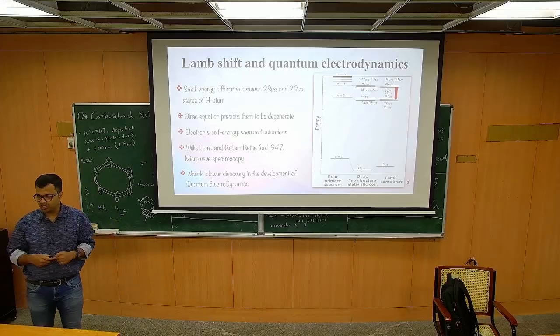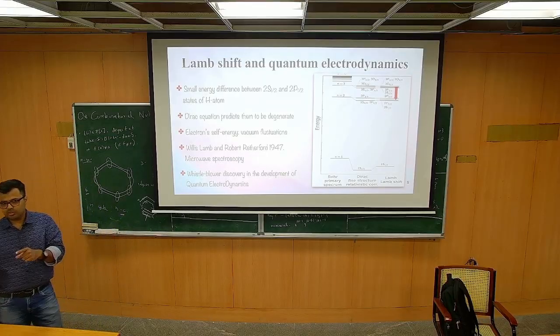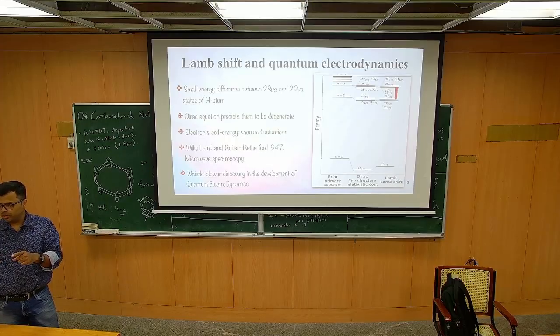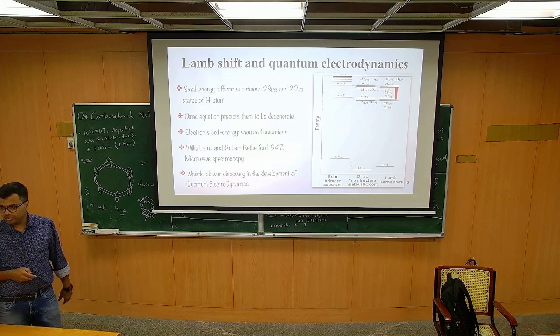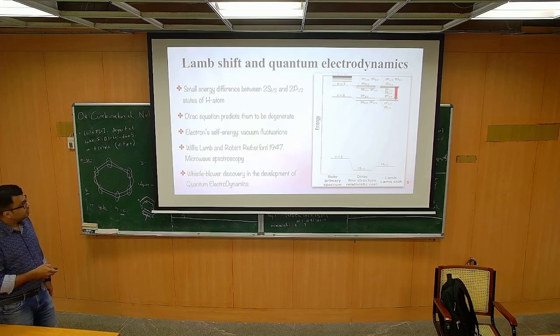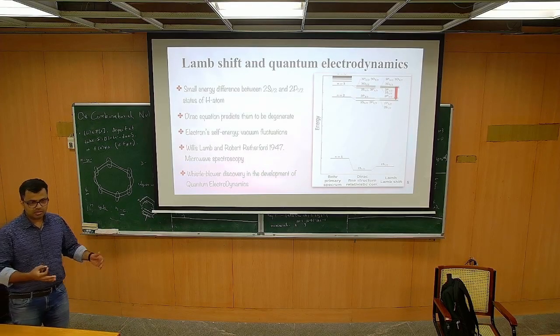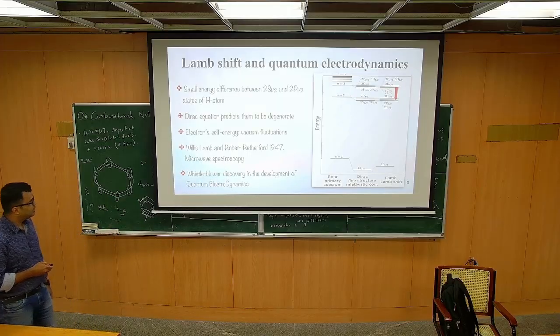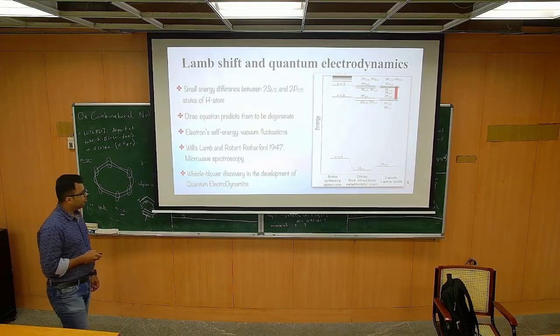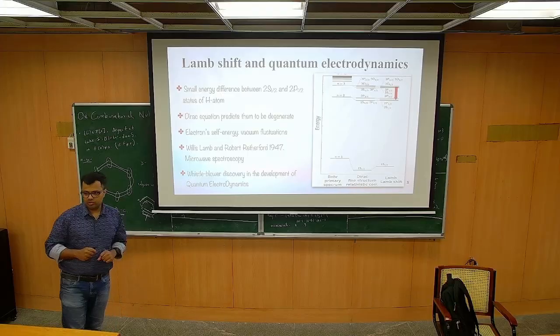The value of the energy of those levels should be the same. They should not have different energies, which means that if the electron transits from 2s 1/2 to 2p 1/2, it should not release any photon, right? Because there is zero energy between them, as per standard quantum mechanics. But in the experiments, it was found that there is actually a small energy difference, and it was not clear where it was coming from. This was observed by Willis Lamb and Robert Rutherford in 1947. And this was sort of a whistleblower for the development of something called quantum electrodynamics.